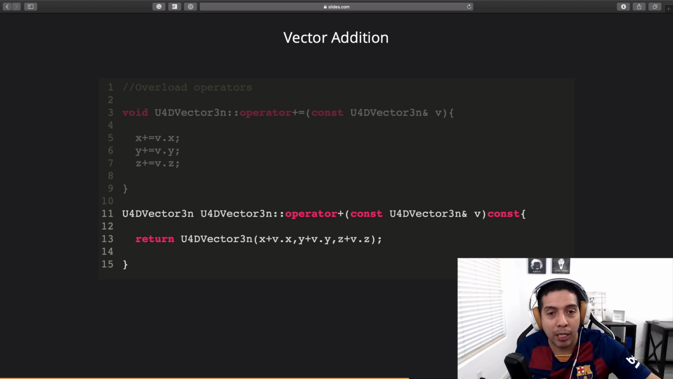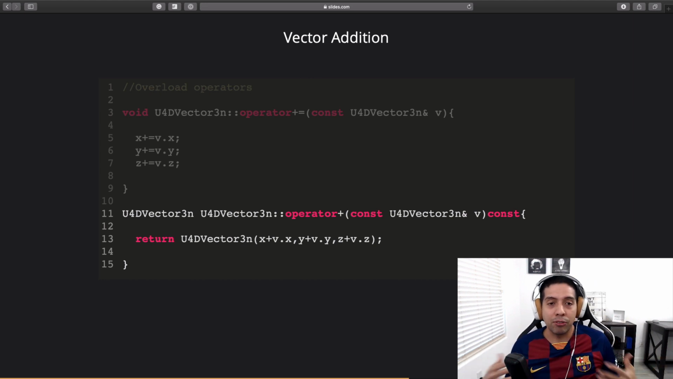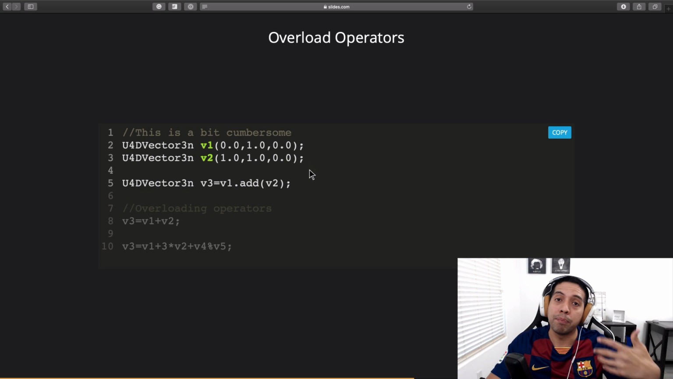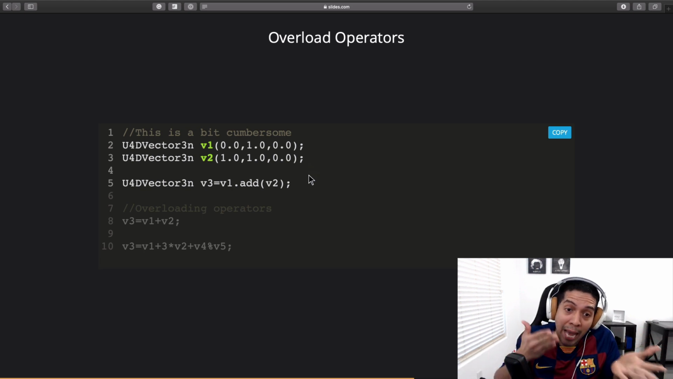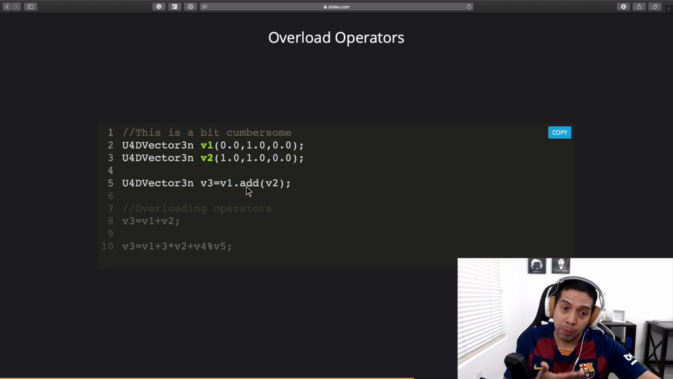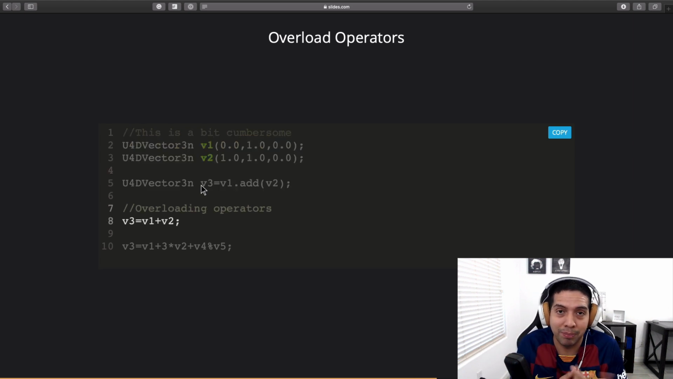For example, let's say that I want to add two vectors, v1 and v2, as I'm showing you right here, right? If I want to add these two vectors and I did not overload the operators, I would have to actually call a method called add in this example, where I would have to write v1 dot add v2 and then get the value over here, right? Now, if you overload the operators, things become a lot nicer, because all you have to do is just say v1 plus v2 is equal to v3,